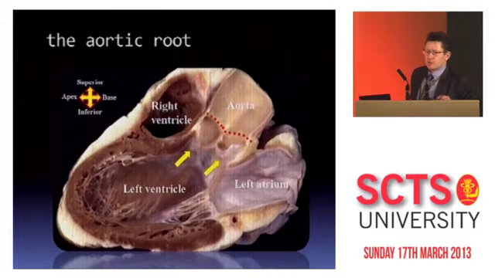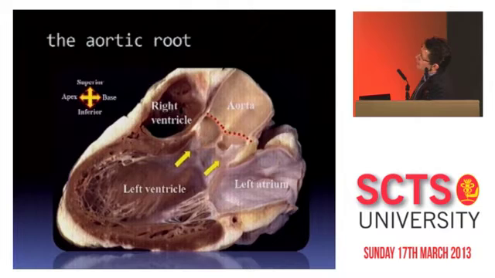This particular view is to match what you're used to seeing as the parasternal long axis view on an echo. And what you see here is the aortic root whose anatomy we're trying to describe. This is the centerpiece, as I say, of the heart because it lies behind the right ventricle, posterior. There is the left ventricle, and here's the left atrium. And what we mean when we talk about the aortic root really is this entire functional aortic root and annulus here. And if I blow this up,